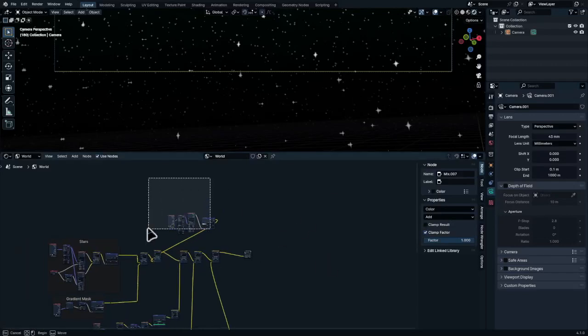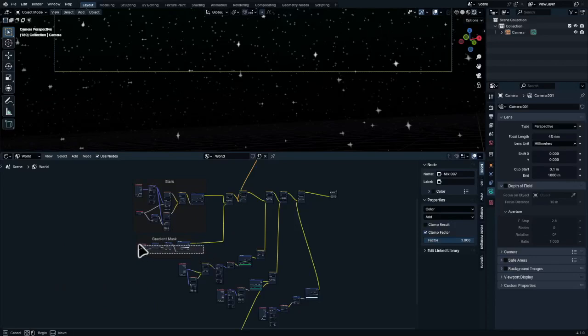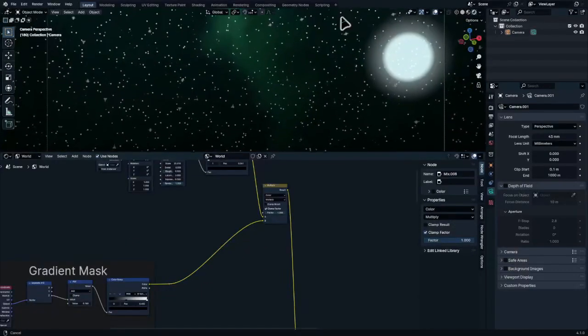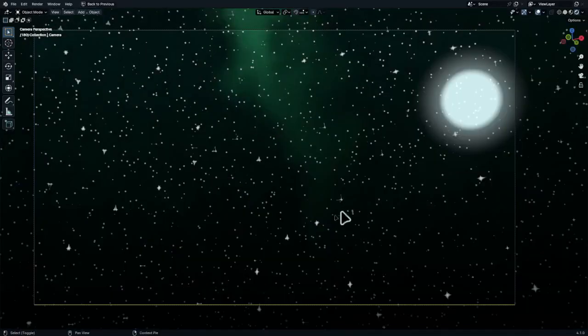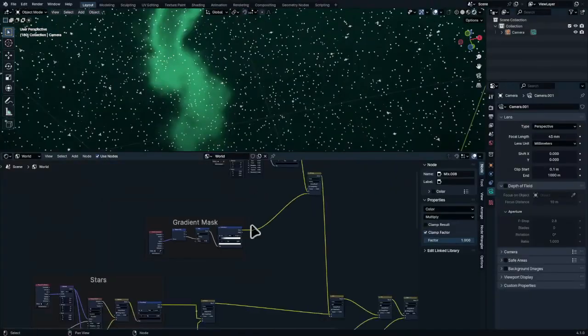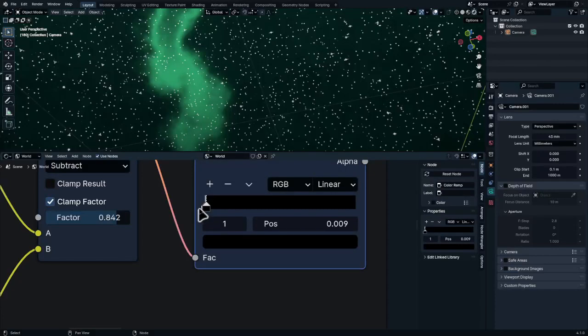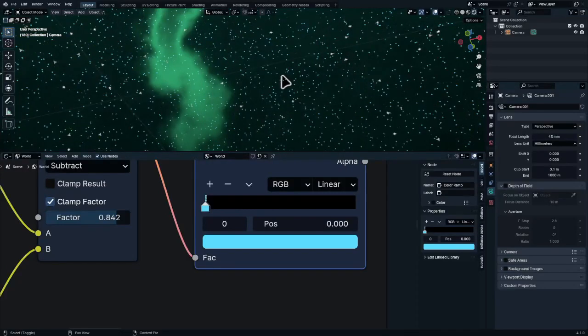And also to prevent it from going inside, let's use the mask. Plug it to the B color. As you can see, it's working perfectly. You can play with the stops. Okay, pretty good. I can go again to the stars here, and I can play with their color a little bit, maybe blue, something like this, to break the color